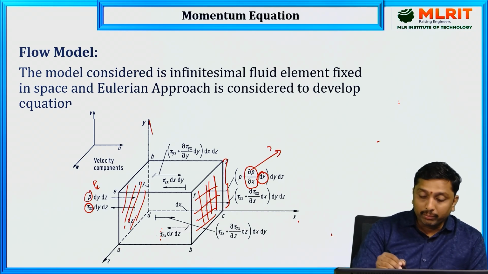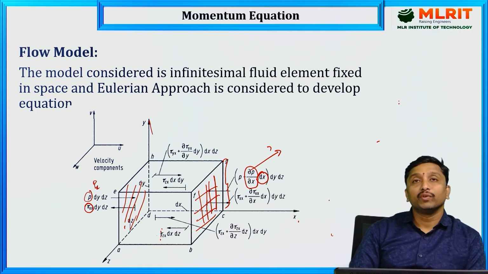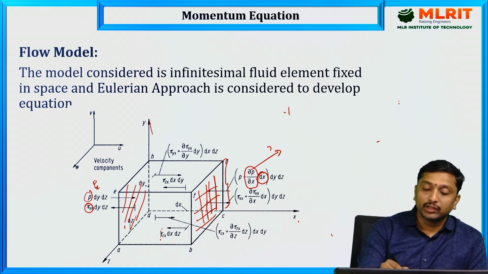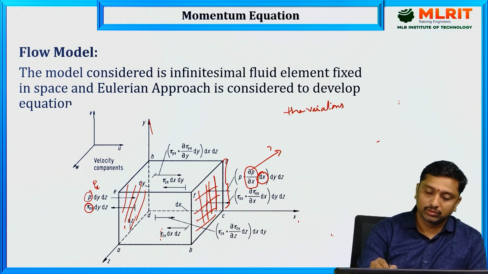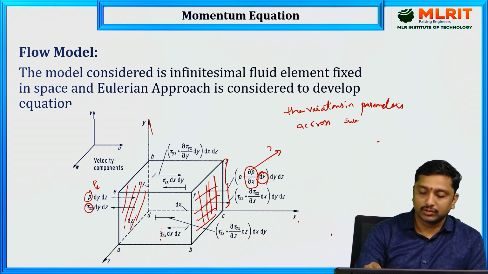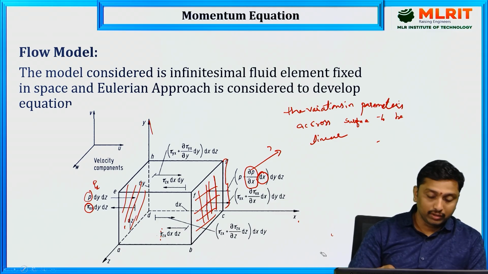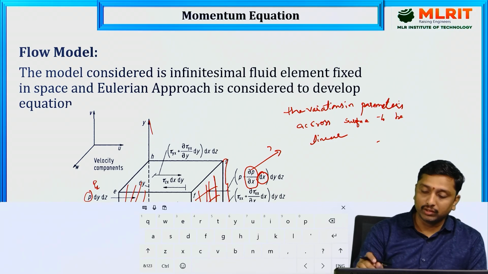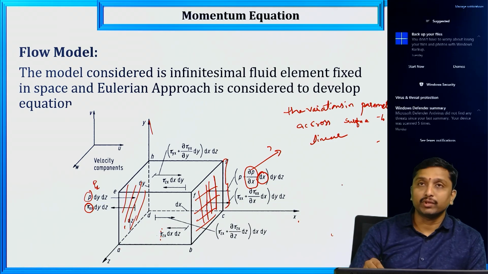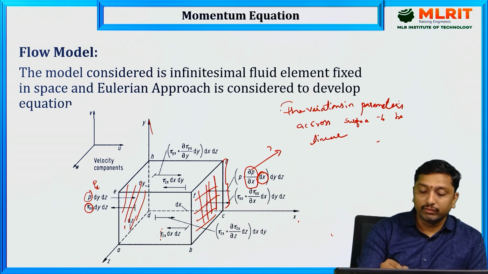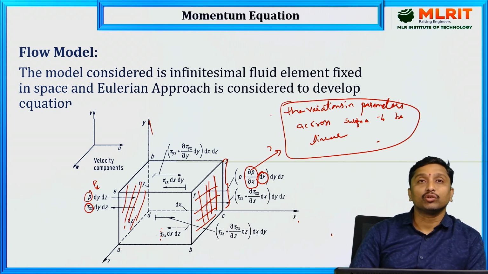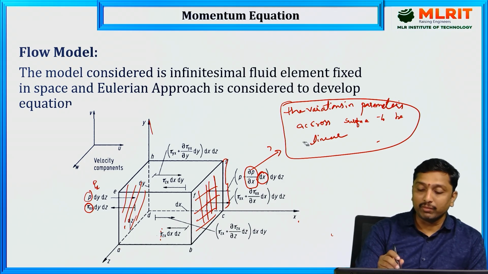So the major assumption for considering this infinitesimal fluid element is that we assume the variations in parameters across the surface to be linear. So when we consider the infinitesimal element approach, we consider that the variations are always linear across the surface. So this is the primary consideration for